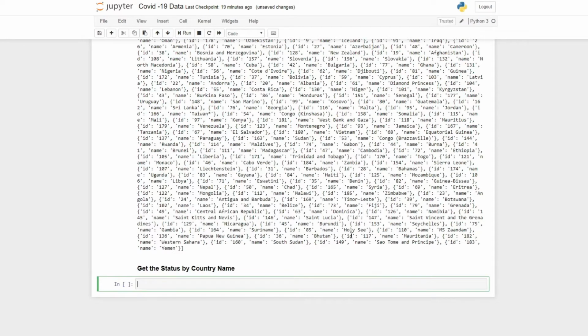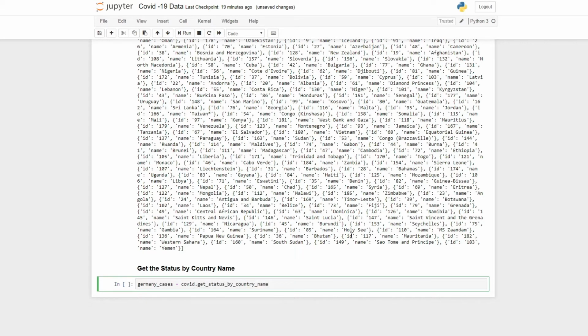So guys, now we will see how to get the data of a particular country. Obviously you need to store the data. For example, I want to fetch all the data from the country Germany. So I'll write over here Germany underscore cases, and that will be equal to COVID dot get status by country name.